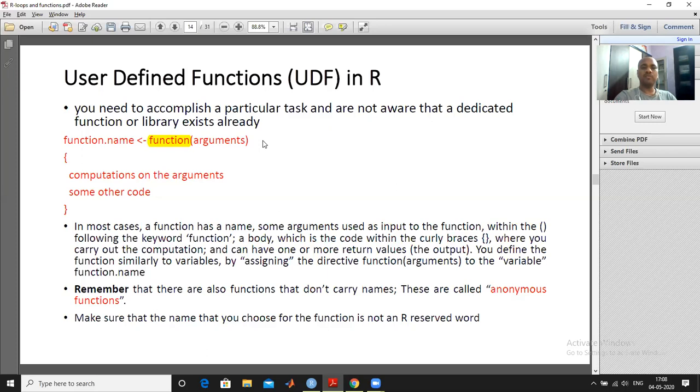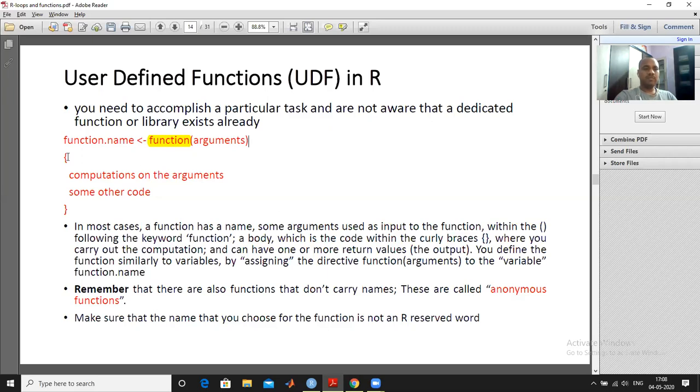For the area of a rectangle, the inputs will be length comma width. So it depends on the number of arguments, and on what purpose we are creating the function for.